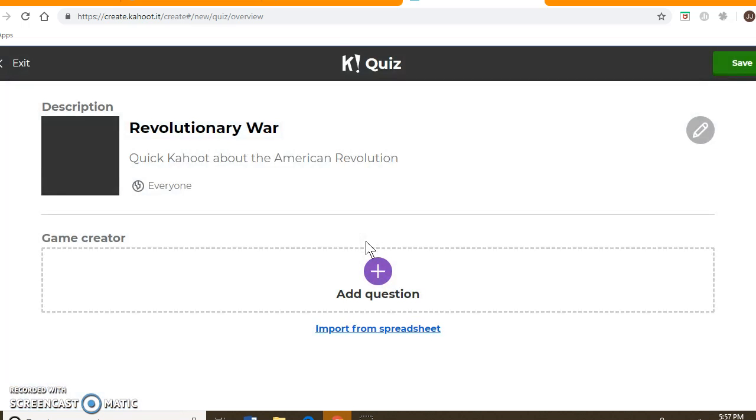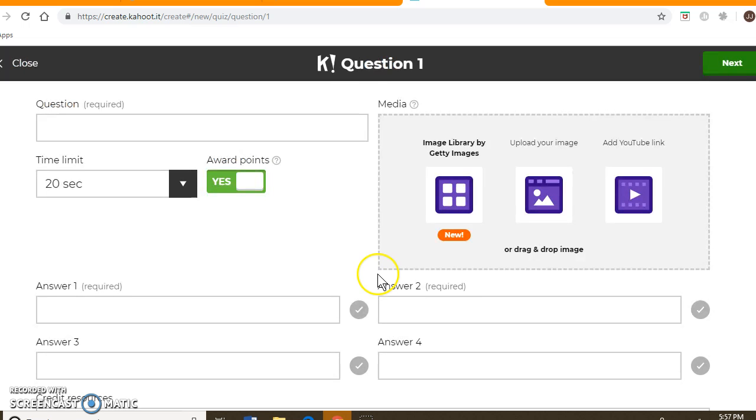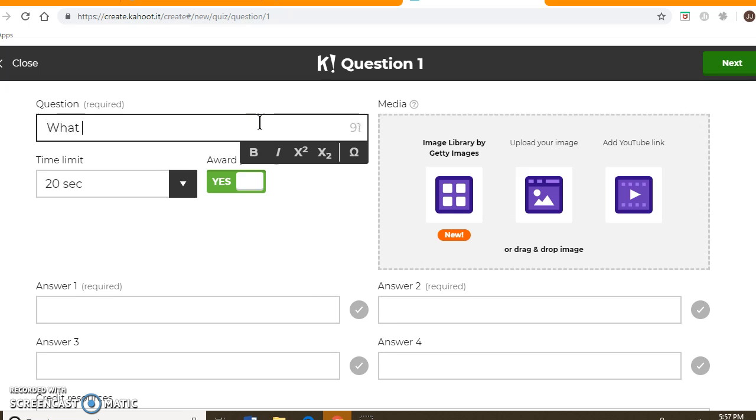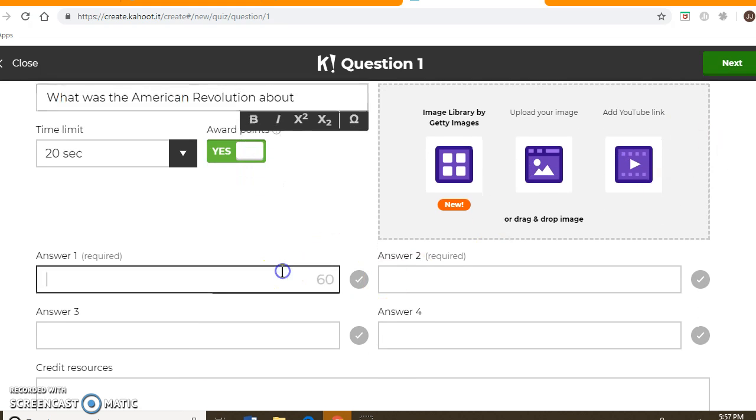Alright, so right here we have the game creator. This is where you add your questions and answers. The first question is going to be, what was the American Revolution about? Next, you're just going to put answers in. To make this quicker, we're just going to put 2 answers in instead of 4. Answer 1 is going to be